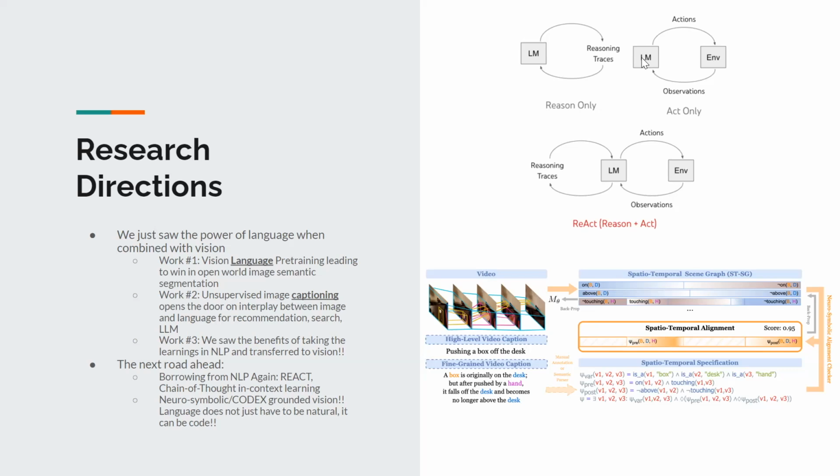The other one I'm more passionate about is neurosymbolic, or Codex, right? So think of it this way. In CLIP, you use natural language to ground the images, right? What if you use code to ground the images? If you use code to ground images. The NLP guys do this very well. They actually train Codex, what they call Codex, right? So they are able to take a,